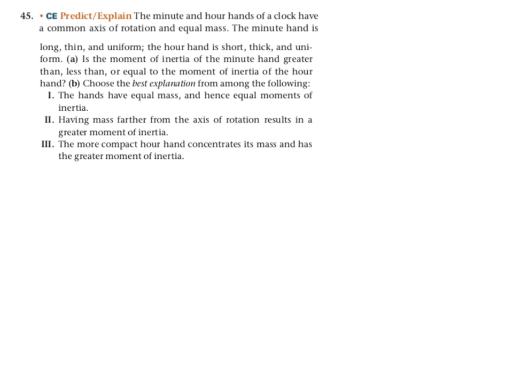So if we sketch these very quickly, we have the minute hand, which is long, thin, and uniform, and then the hour hand, which is short, thick, and uniform. Something like that. But they're each rotating about their end. They should be overlapped, but then the picture would be kind of confusing. Anyway,